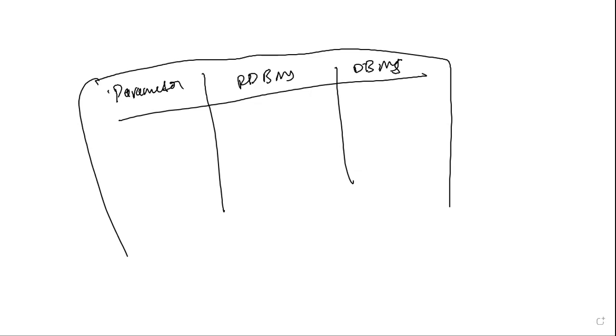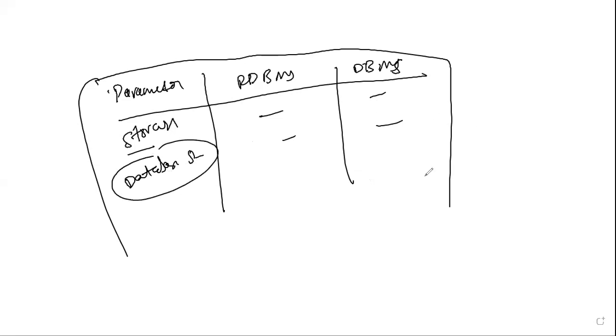Okay. So now the next parameter is database structure. For the storage parameter we have written the 2 points, right? Correct. Now you have to write down the database structure, so the points related to this we will write here. Understanding? Okay. This is the heading. We will not write individually, as it would take a lot of space, that's why we have made a table like this.